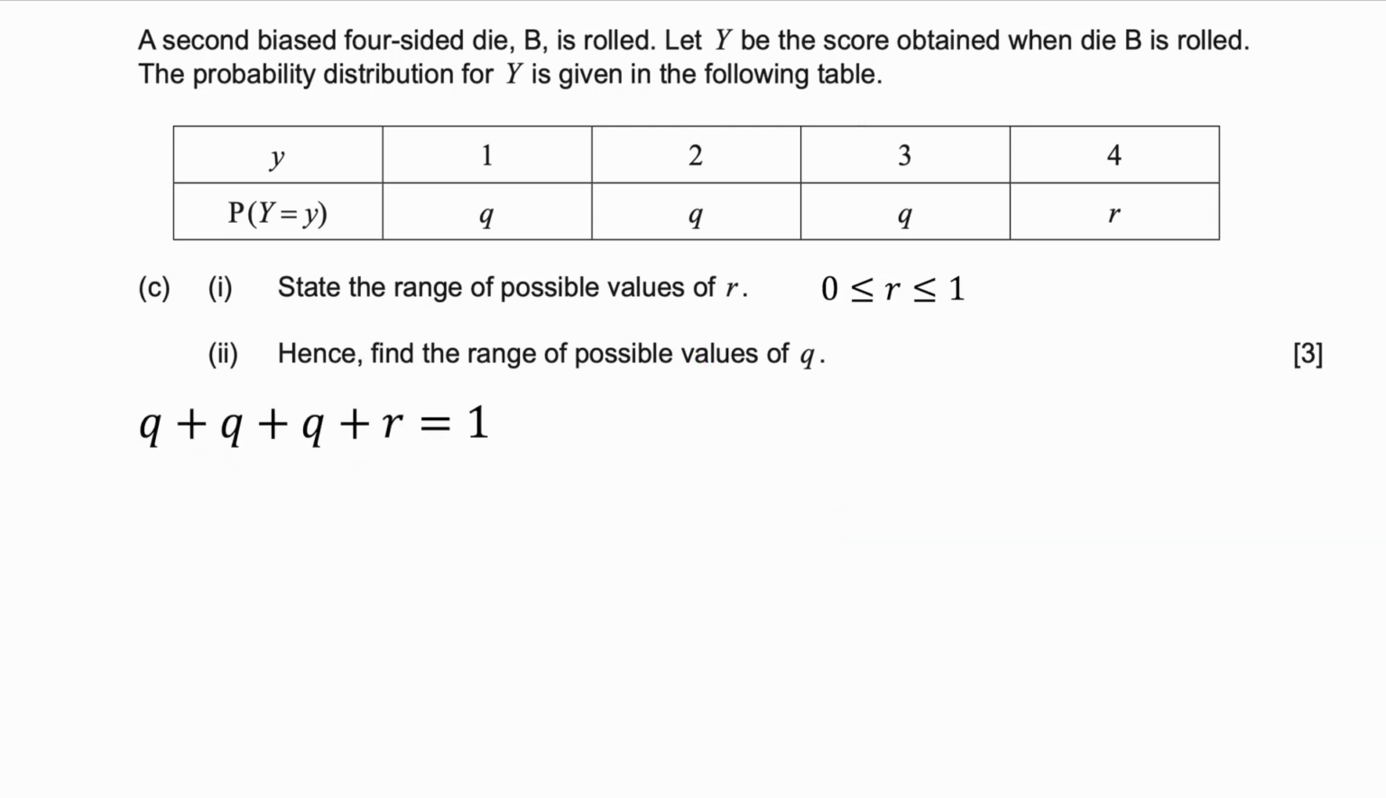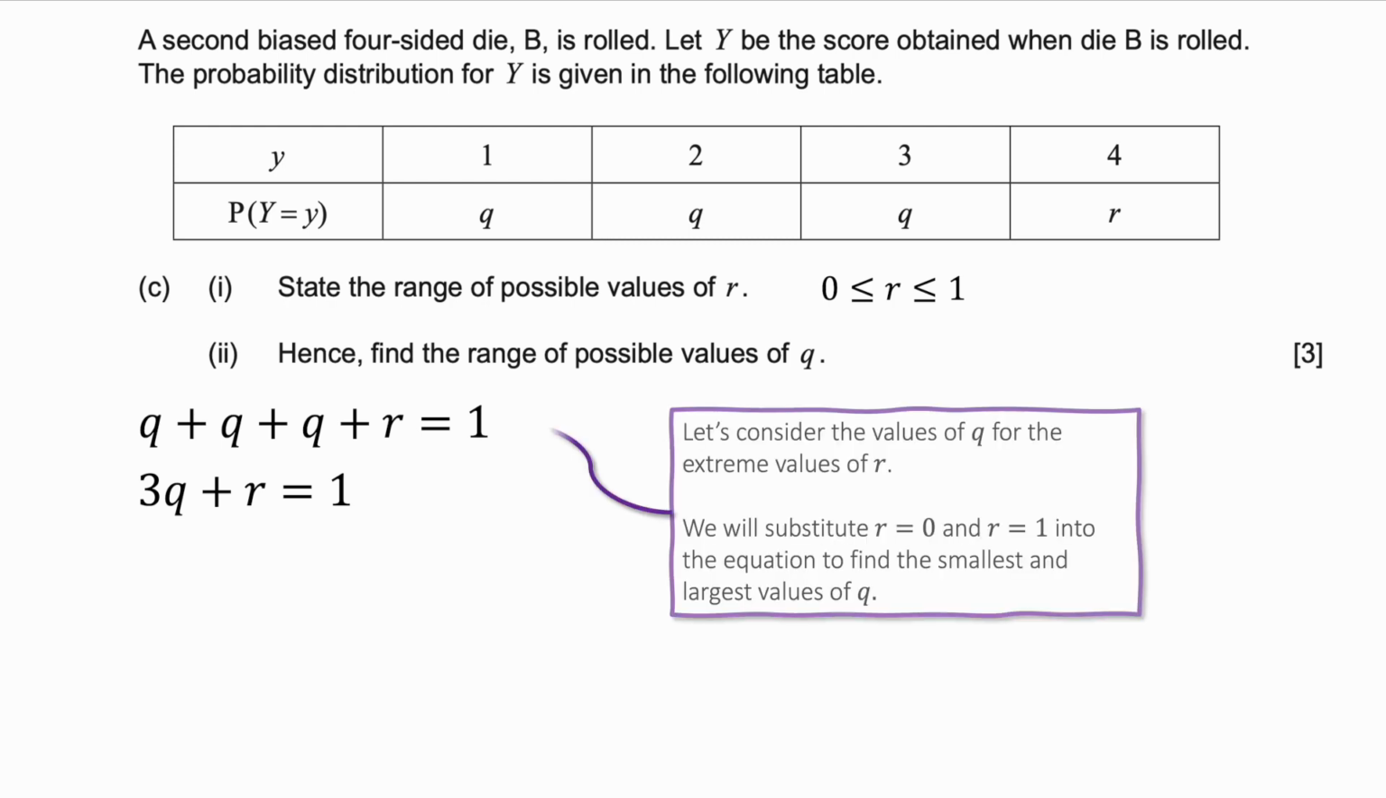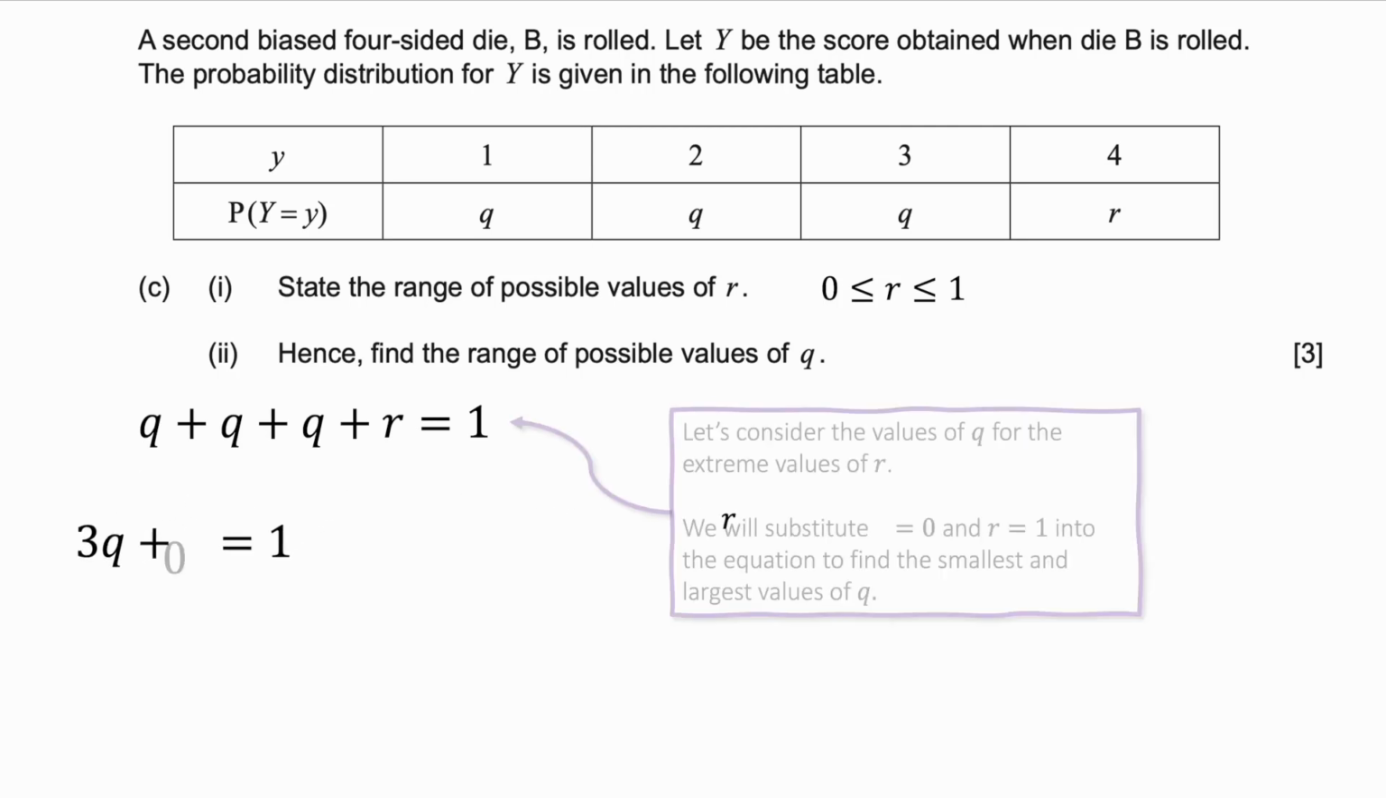Well, Q, we know that Q plus Q plus Q plus R is 1. And we can simplify that to be 3Q plus R is equal to 1. And we know that the smallest value of R is 0, and the largest possible value of R is 1. So let's try and figure out what the biggest and smallest values of Q are. So we're going to just consider the range of possible values of R to help us find the range of values of Q. So if R is 0,